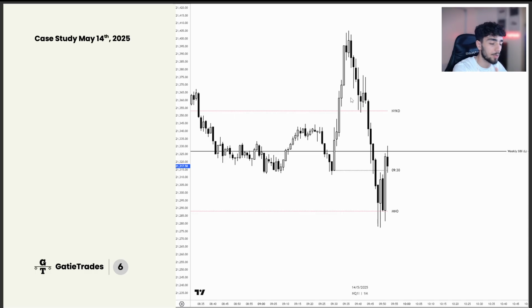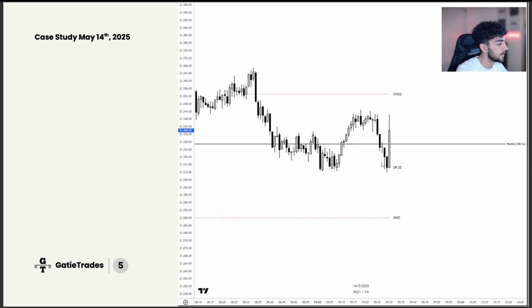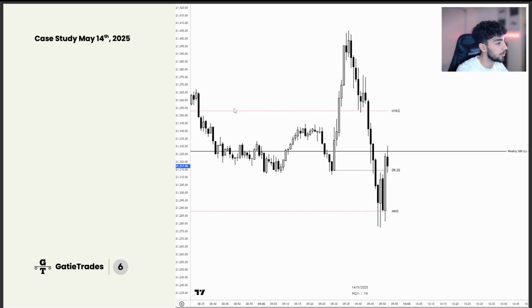Buy programs and sell programs deliver price from discount to premium. That is the point of a buy program. Buy programs will take price from discount to premium, and sell programs will take price from premium to discount. Obviously, you have levels like these equal lows that you can also look at, and you can kind of see that generic structure here. So we are in discount, we go into premium above the New York Kill Zone open, we get back below it, and we see speed towards discount. Discount being these equal lows and midnight opening price.